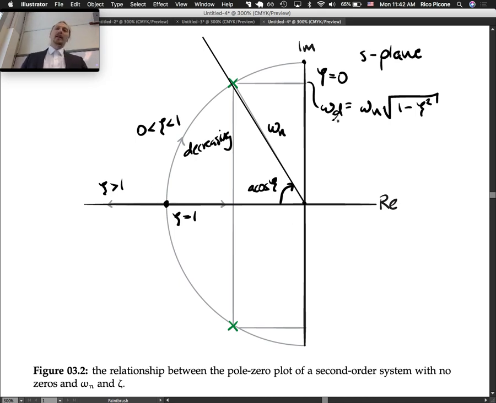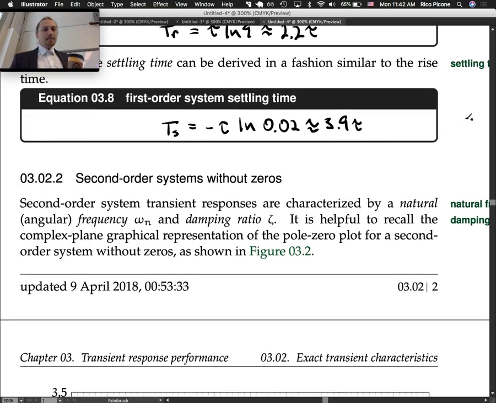And anything over here in the right half plane, we would say zeta is less than 0, negative, right? The positive real part. Unstable stuff is over there. Okay,